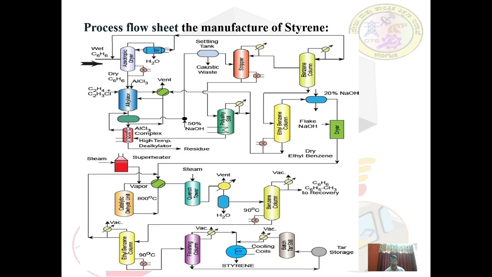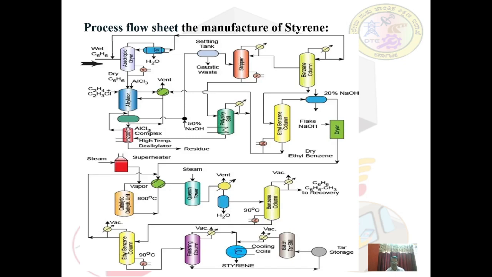Ethyl benzene or ethyl chloride, which serves as a source of hydrogen and chlorine free radical for catalyst promotion, is added to ethylene, which is fed continuously along with benzene to the alkylation tower operating at 95 degrees Celsius and 1 atmospheric pressure. Granular aluminum trichloride catalyst is fed continuously at the top of the reactor. The reactant mole ratio is 0.6 ethylene to 1 benzene and no ethylene is recycled.